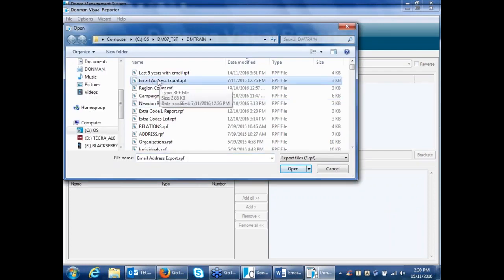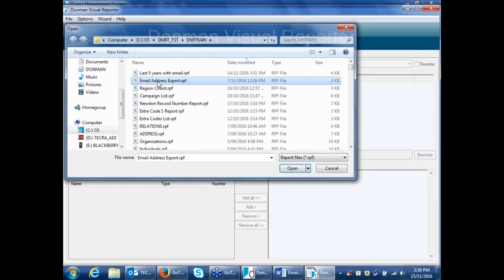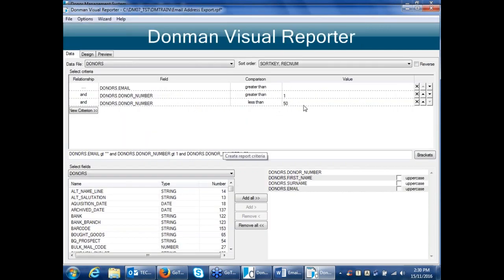Okay, so in this case I've got one already called email address export. Depending on my criteria as I go through, it may be based on a particular mail list, or a code on the donor record, or anything like that. But part of my criteria in this case is always email. The donor's email has to be greater than nothing, which means they have to have an email address in order to utilize this. If I was doing it for a list that's to do with the mailing list codes,